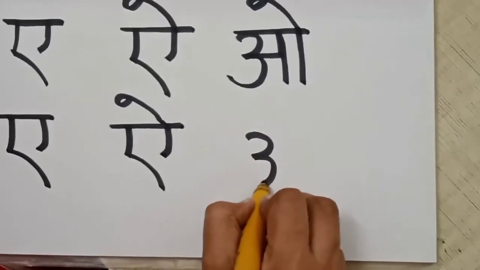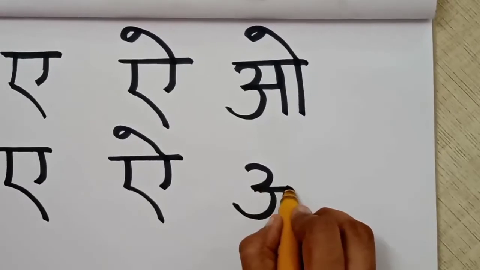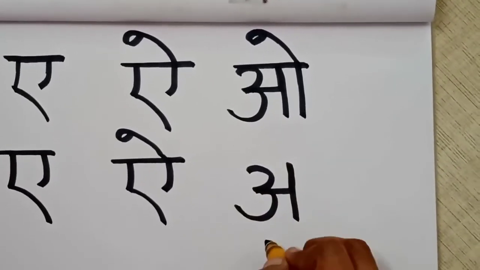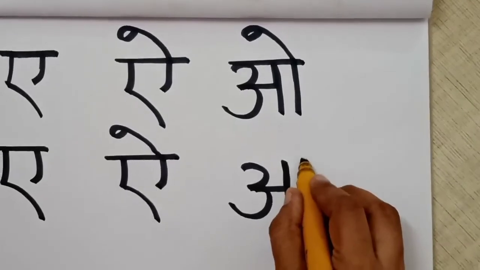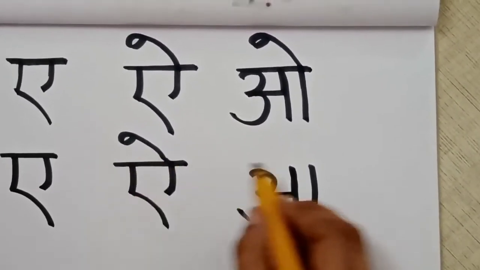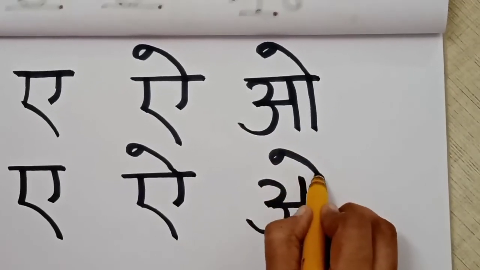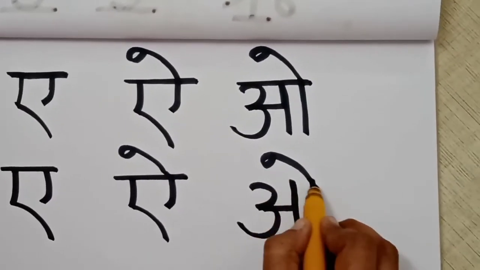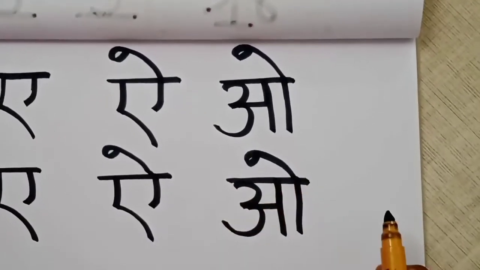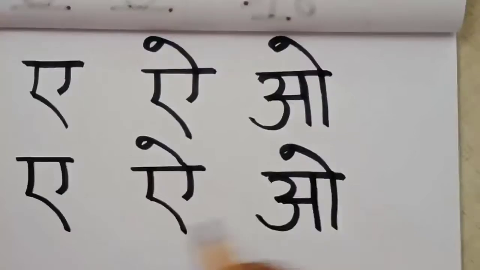See again. Curve, again one more curve below that. From the middle, one sleeping line, go up, bring it down. Next to it, one standing line. How you made one circle and a line in the letter A, the same way you have to make it here. Put one circle and join the line. The second line you have to join, not the first one, and then draw a sleeping line up. This is letter O. O say Okhali.